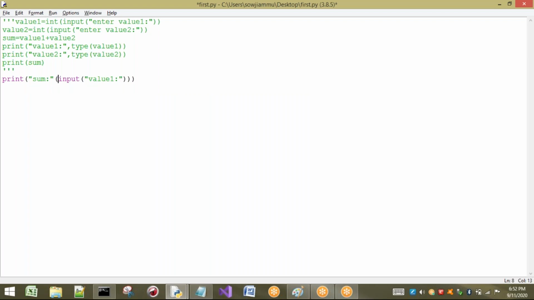So first thing is completed. That means you are going to read value 1 in the form of int. So this sum is a string and this is a separate value I'm going to take here, so I have to place a comma in between.